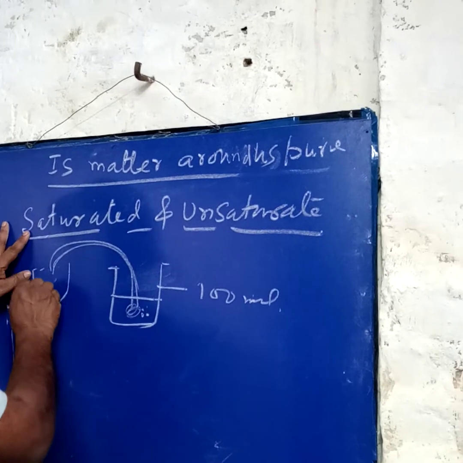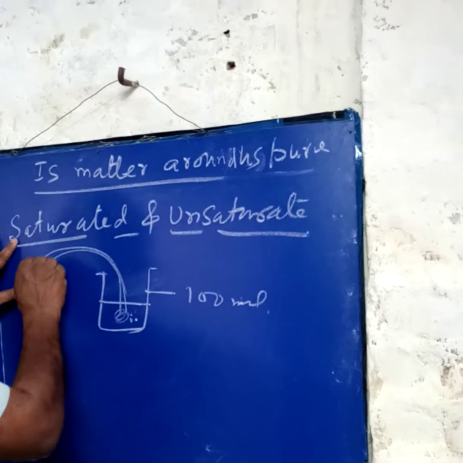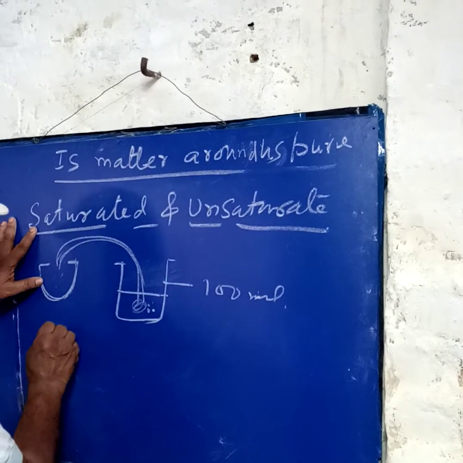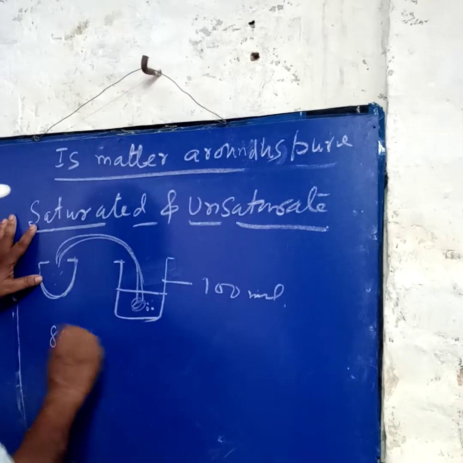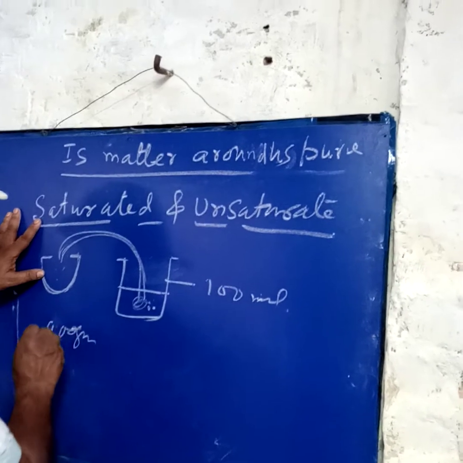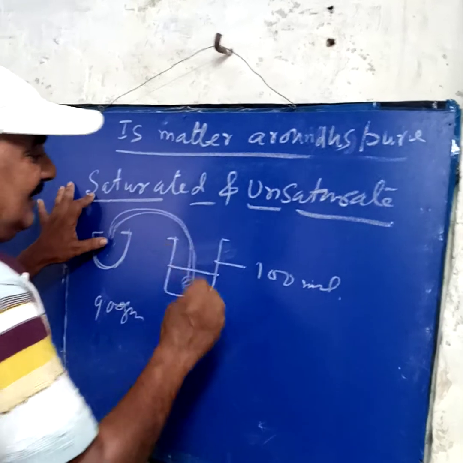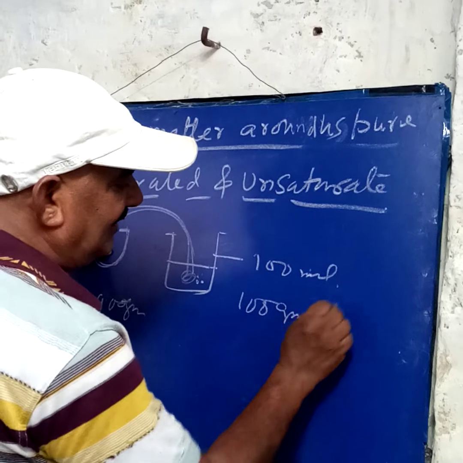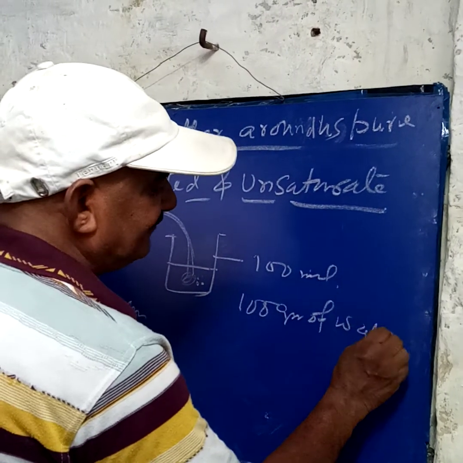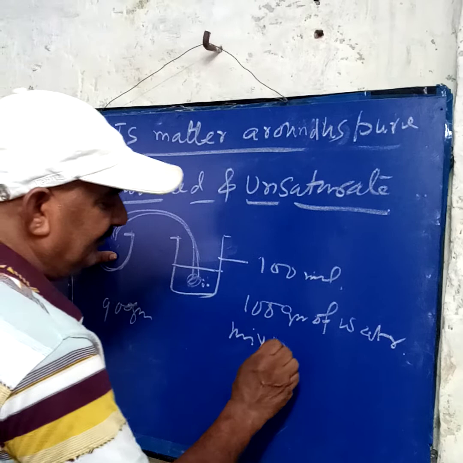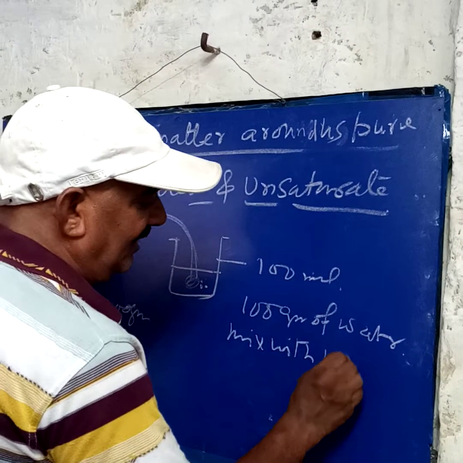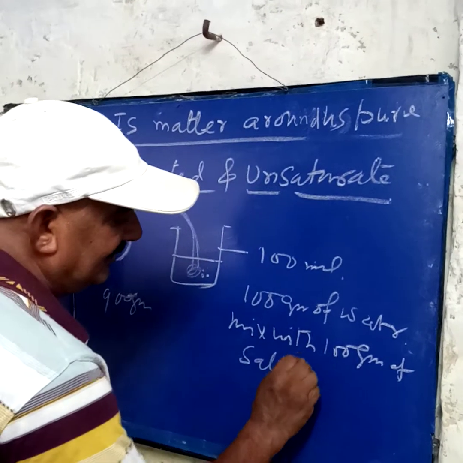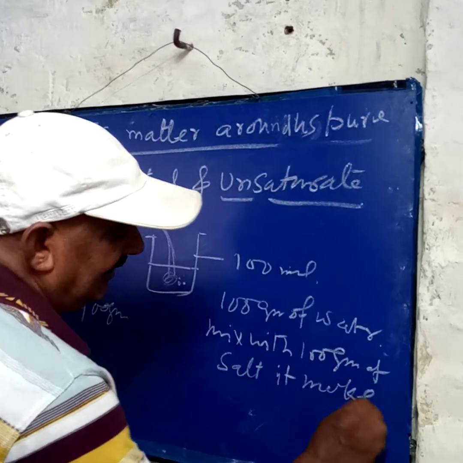After that, we have taken 100 kg of the salt and mixed it there. After that we weigh this salt. Suppose 800 gram is left there. It's 100 gram or 900 gram left there. Then 100 gram we are mixing there. Then we can say that 100 gram of water mixed with 100 gram of salt makes a saturated solution.